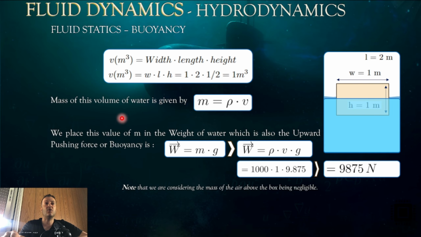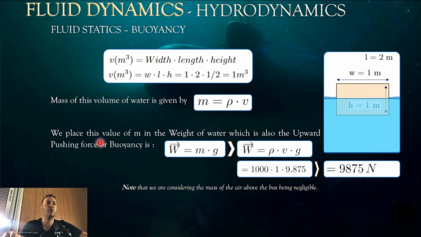Alright, so after we have found the volume, the mass is equal to rho times V, rho being the volumetric mass, or density in other words, of water. So M is equal to 1000 times V, which is the volume. Actually, we don't need to immediately evaluate that. We can place this value of the mass in the weight formula,